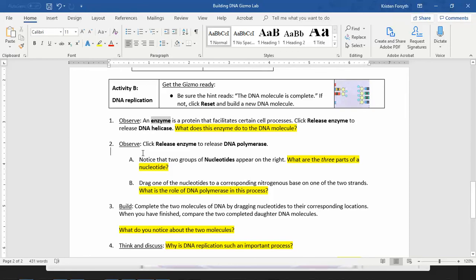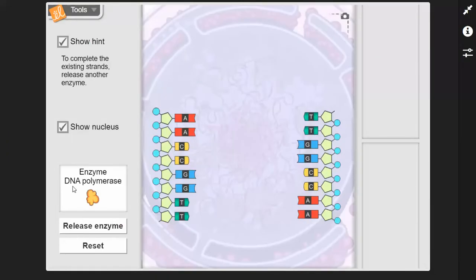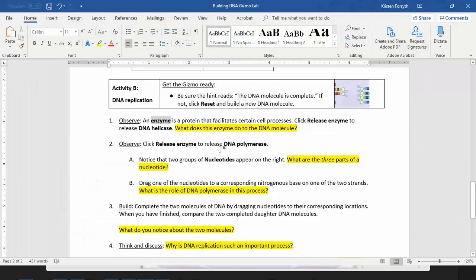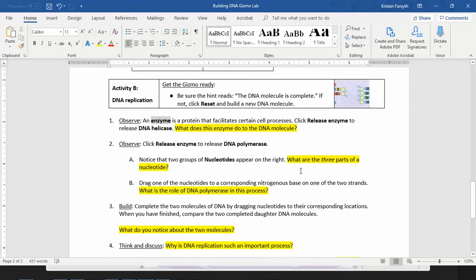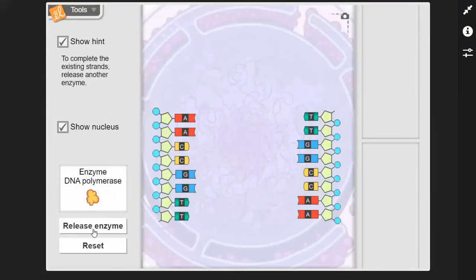Now, you should notice there is another enzyme that has shown up. Instead of helicase, we have an enzyme called DNA polymerase. We're going to figure out what it does next. It tells us that before we can do that, now that you've got this polymerase there, you'll notice that on the right-hand side, after you release it, let me click it to release it,